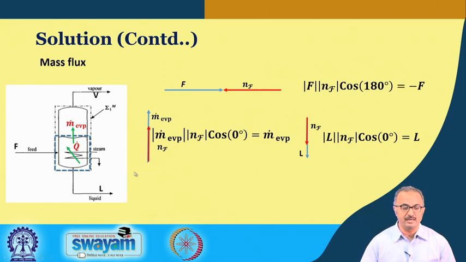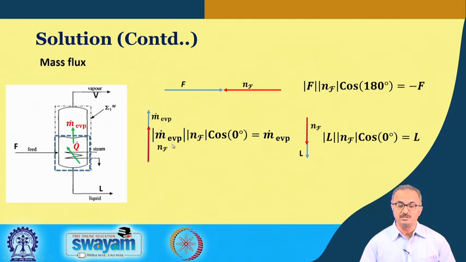Now, again we write for this particular control volume the flux terms, the same as the earlier one, and this is also the same as the earlier one. Only the new addition comes from this particular term. And what is this term? This term signifies the amount of vapor generated from the liquid, and this vapor is going out from the liquid phase to the vapor phase. And since this is cutting the control surface, it is taken as a flux term and not as any kind of generation term.